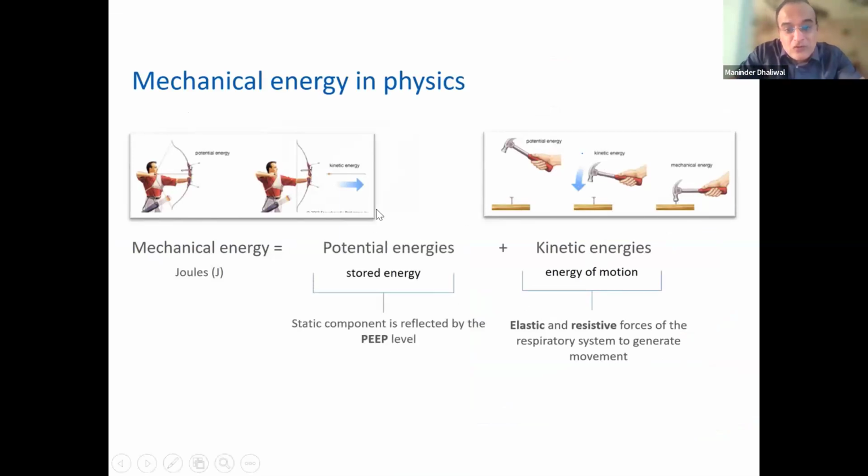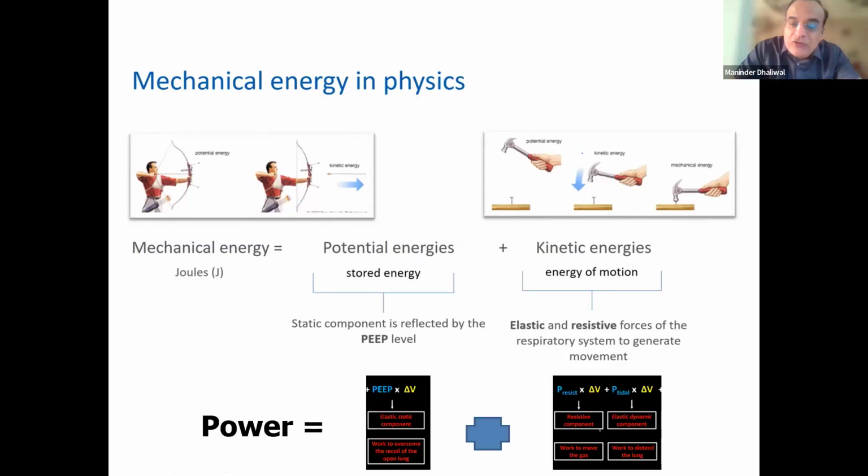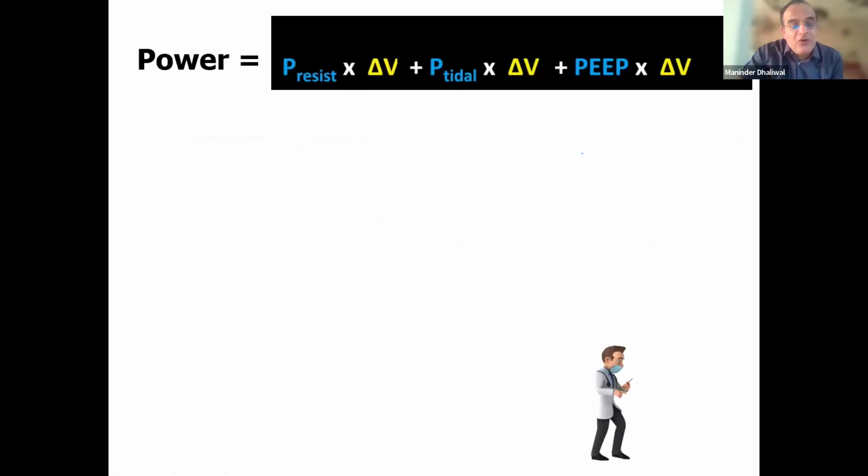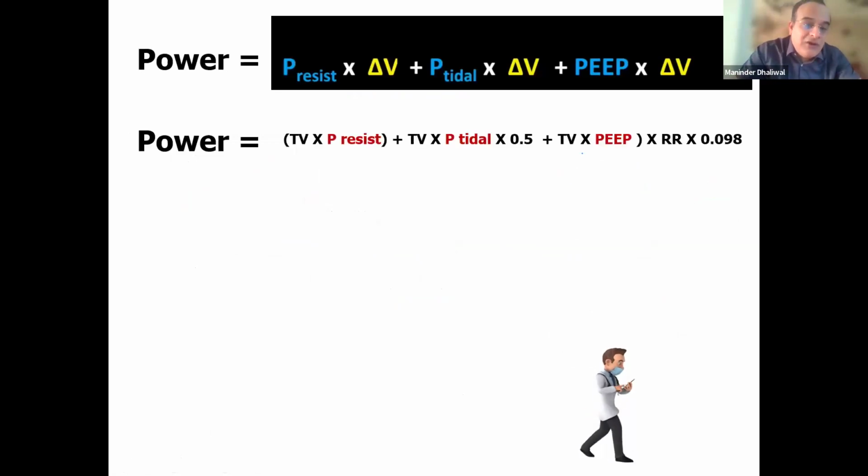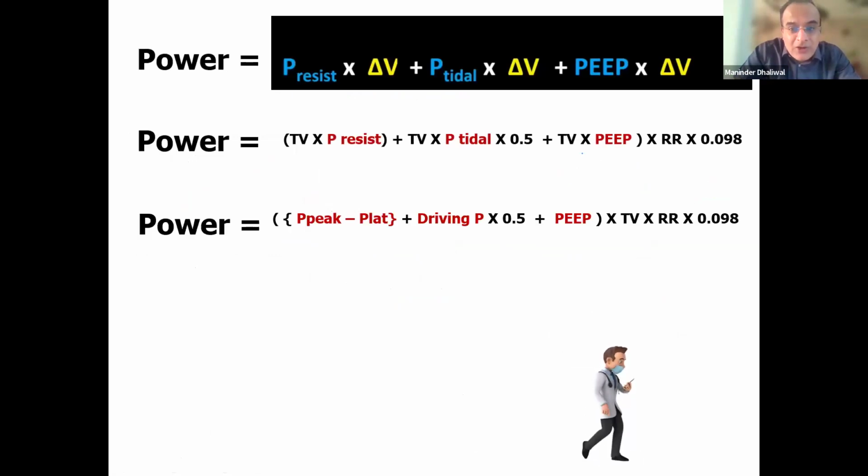And there is something called the stored energy, that is the baseline PEEP. So how hard a lung gets hit is how much power a ventilator can deliver to the lung. And that also can be calculated by formulas which are now there in newer ventilators. So they calculate the static component and the elastic and resistive component by formulas which are there in the ventilators now. Now it can be difficult to understand these formulas in your second class, but ultimately if you come down,